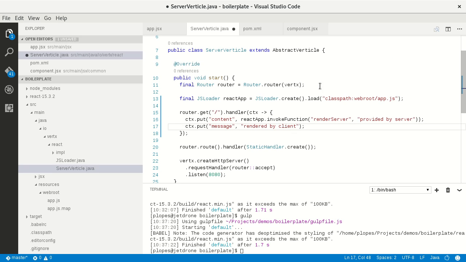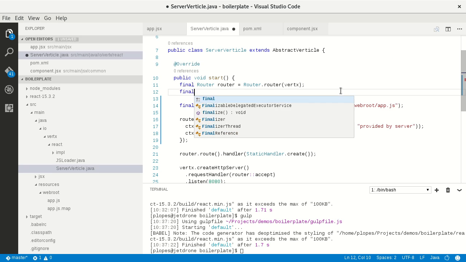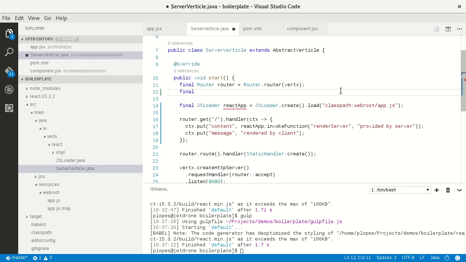So we need first to declare the engine. So what I'm going to do here is final FreeMarkerTemplateEngine. I'm going to call this engine is FreeMarkerTemplateEngine.create,